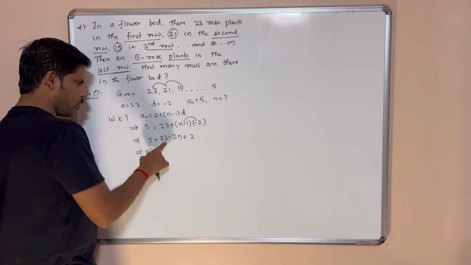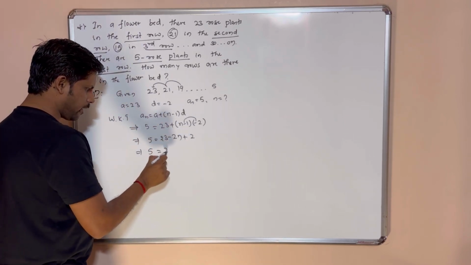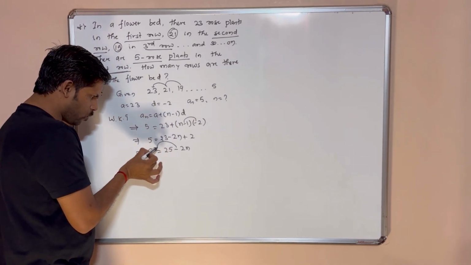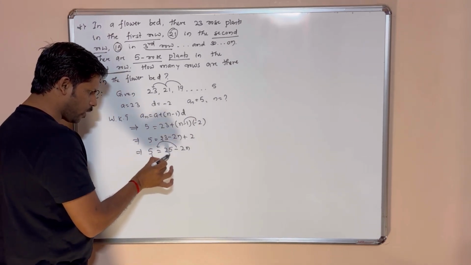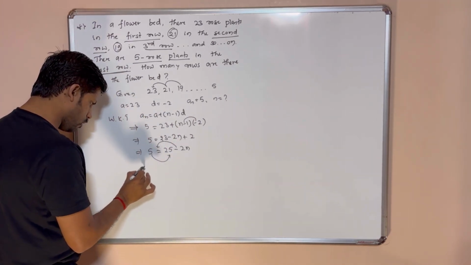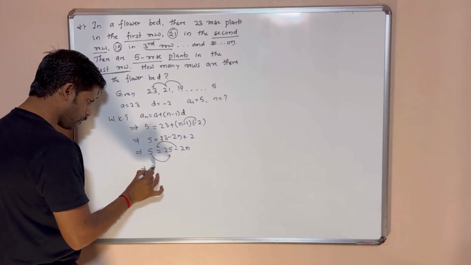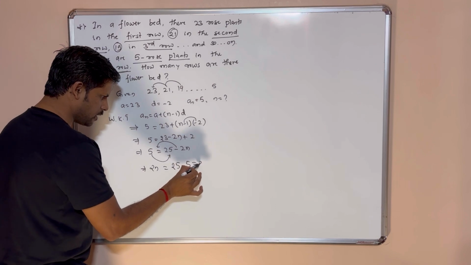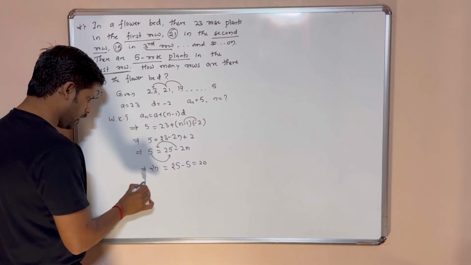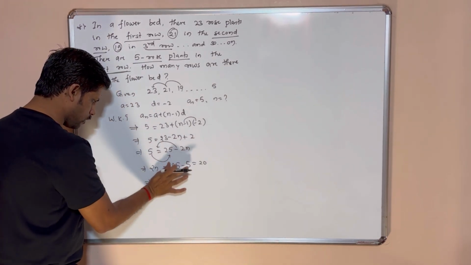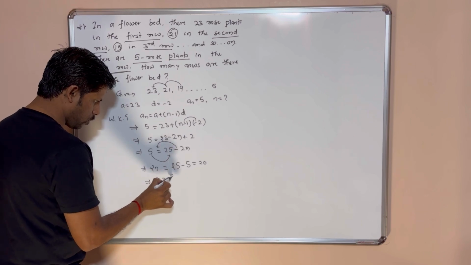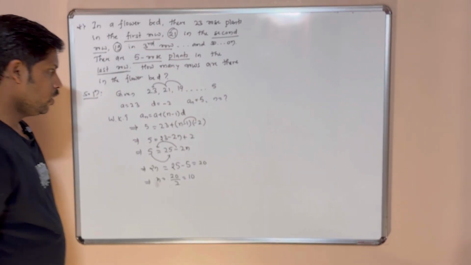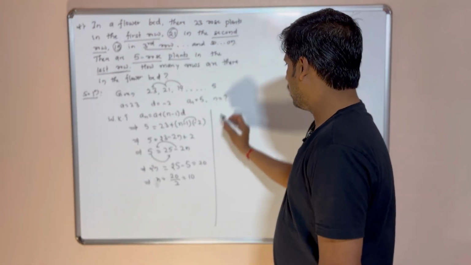5 is equal to 25 minus 2N. Now transfer this minus 2N to LHS and this 5 to RHS. We get, it becomes positive 2N is equal to 25 minus 5, that is equal to 20. Then N is equal to 20 by 2, so N is equal to 10. So therefore